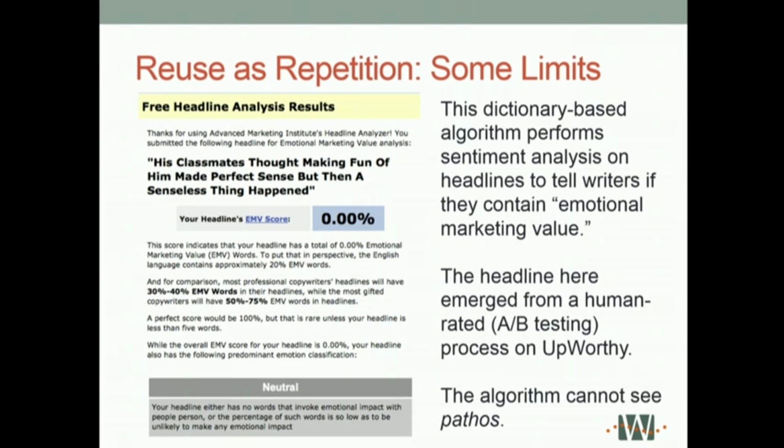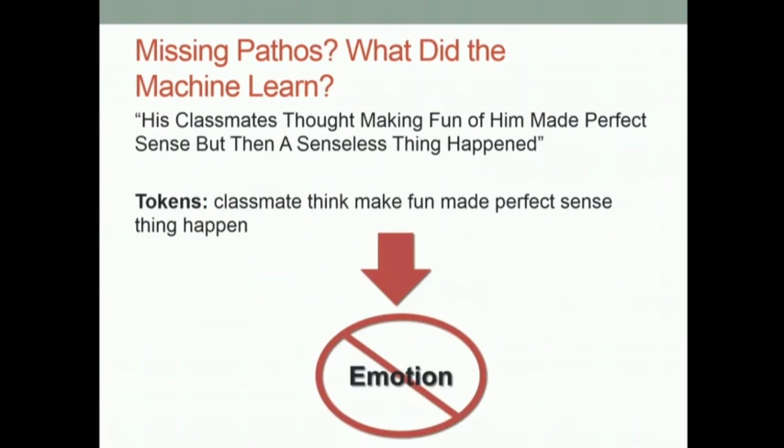Right? That's awesome. So the dictionary-based algorithm that is in this particular trinket tests this, and you can see it comes back with 0.0% emotional content, right? Now, I don't agree with that. You probably don't agree with that. It's not seeing a pathos appeal, right? So why? Let's think about why. Well, what is it looking for? It needs to see something repeated that it has seen before in order to recognize that.